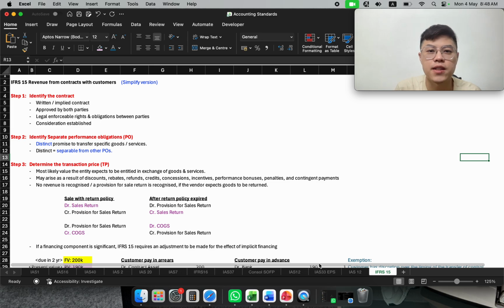Revenues from contracts with customers. This accounting standard replaced IAS 11 and IAS 18, where previously those accounting standards described how we record revenue and how we deal with contracts with customers separately. IFRS 15 is more holistic, combining both standards and applying to all industries across